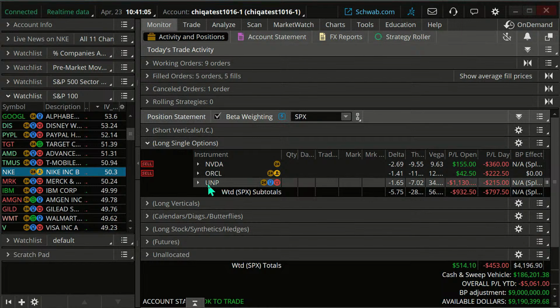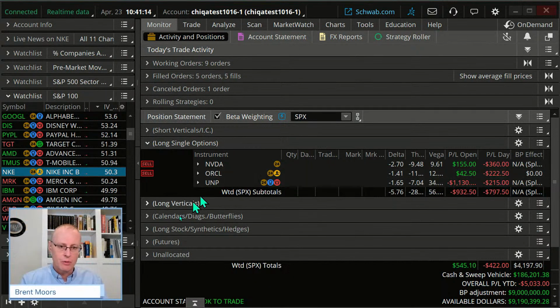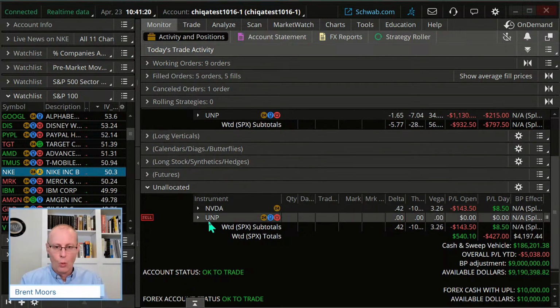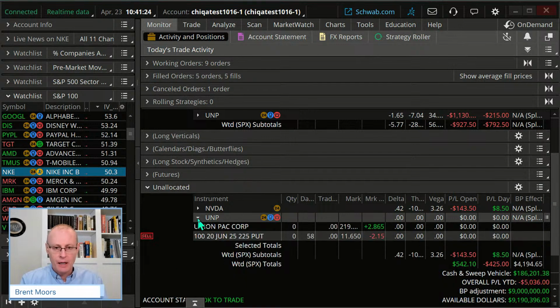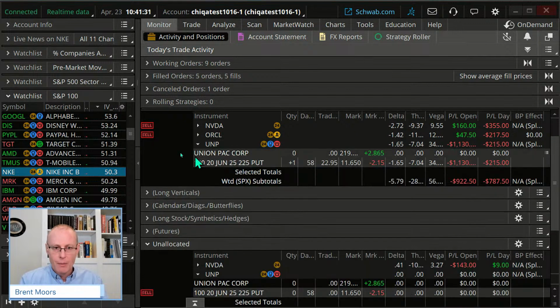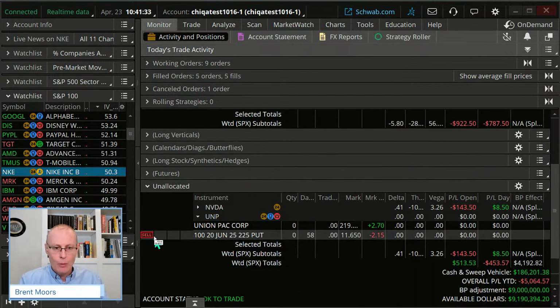I looked at this earlier and I saw I don't have a stop on this, but I could have sworn I put a stop in. Well, let me show you what sometimes happens on Thinkorswim. Sometimes your order gets disassociated with the trade. Look at UNP. Here, it doesn't show the quantity. Here shows the quantity, but there's no stop showing. Here we have the stop, but there's no quantity.